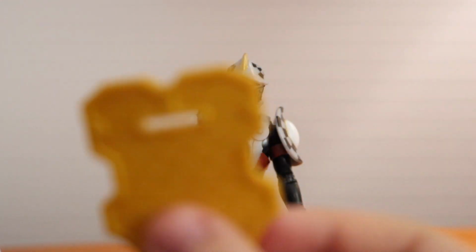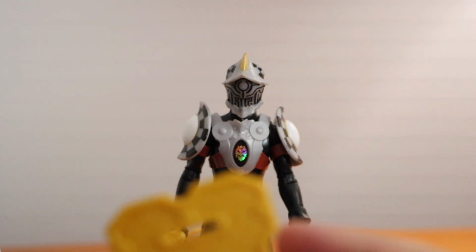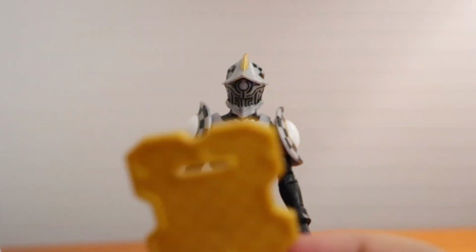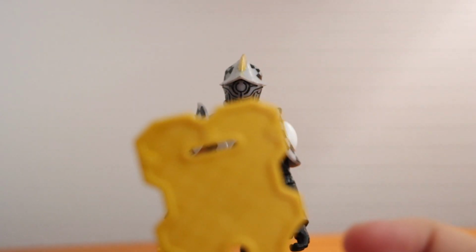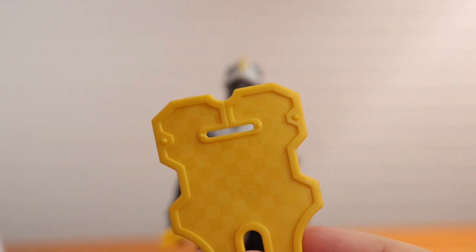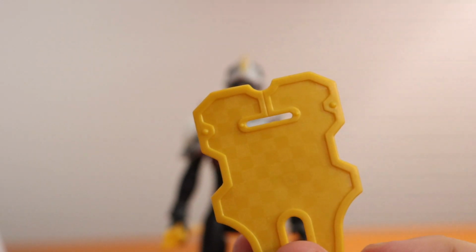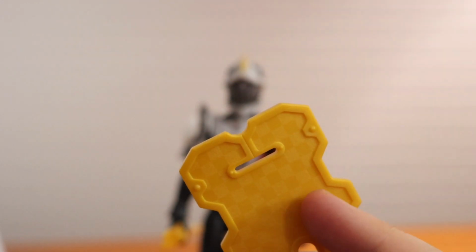But here's the shield, so we could take a look at that. I don't know how well it's gonna pick up on the camera, but there's a checkered pattern on the shield. I could see it pretty well in person. Let me try to focus the camera better so you guys can see that. Okay, yeah, now you guys can. So there's a very nice checkered pattern on the shield here,